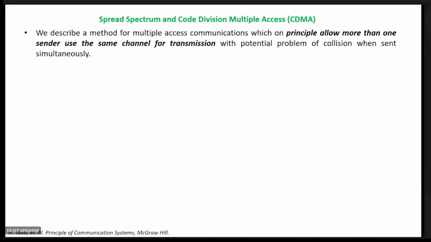Then we have talked a little bit about CDMA, and at the start I told you that this CDMA is nothing but one of the applications of direct sequence spread spectrum. So here, there are two applications we will be studying. One is CDMA, and another is to find out the range of a target. After discussing CDMA, the second application I will discuss is how to find out the range